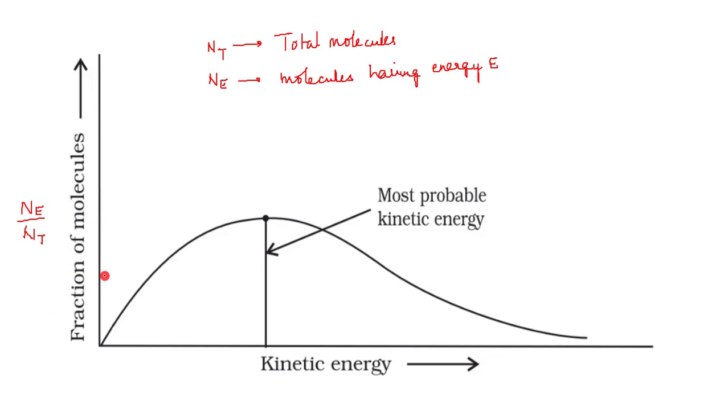So when you plot the graph here, fraction of molecules against kinetic energy, you will find that there are increasing number of molecules having kinetic energy, and you will find a point over here. ये ऐसा पॉइंट है जहां पे मैक्सिमम नंबर ऑफ मॉलिक्यूल्स के पास उतनी एनर्जी है, इतनी काइनेटिक एनर्जी मैक्सिमम नंबर ऑफ मॉलिक्यूल्स के पास है. उससे पहले फ्रैक्शन ऑफ मॉलिक्यूल्स कम है और उसके बाद एनर्जी ज्यादा है लेकिन फ्रैक्शन ऑफ मॉलिक्यूल्स कम है. So this point where maximum fraction of molecules are having kinetic energy, we call it as most probable kinetic energy,